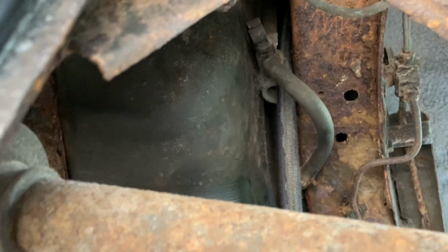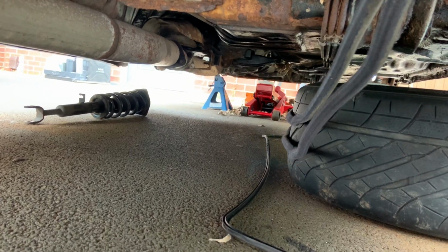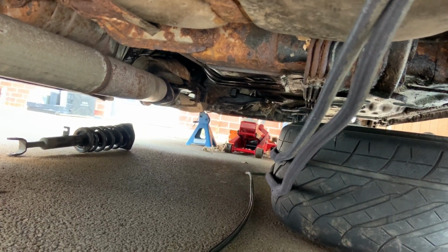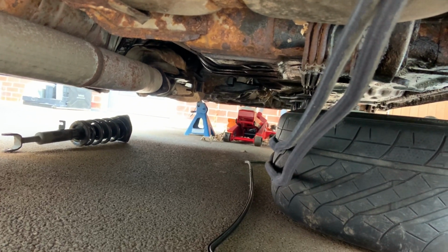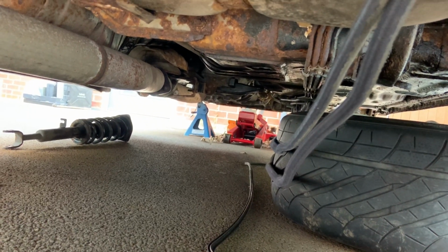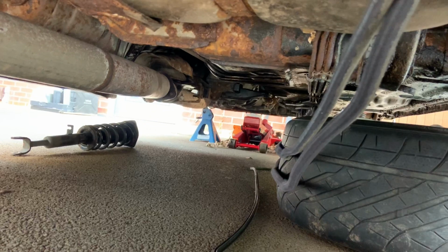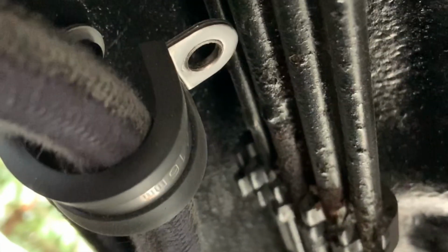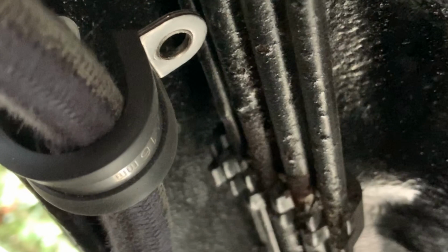So yeah, we've run, like I say, run all the lines, and then as you can see, it needs securing to the underneath and making shorter if needed. But yeah, we'll get underneath the car and I'll show you a bit better. Alright guys, so underneath the car, as you can see, the fuel lines have obviously drained under, and then what we're going to use is